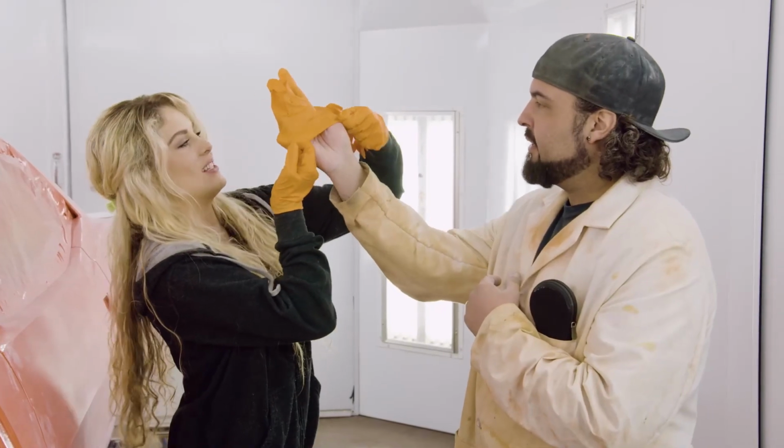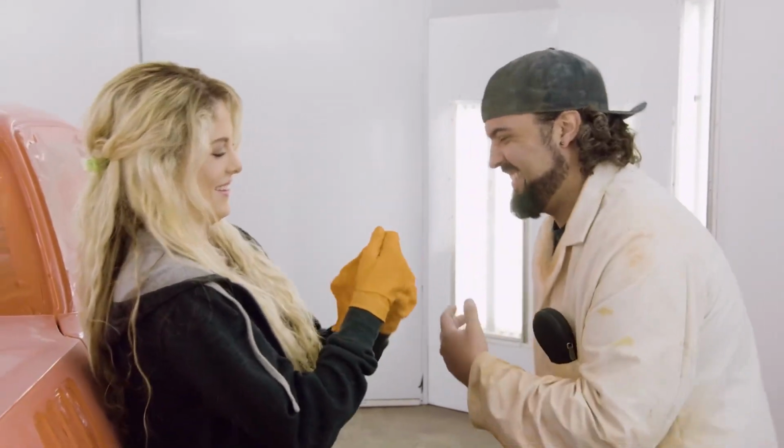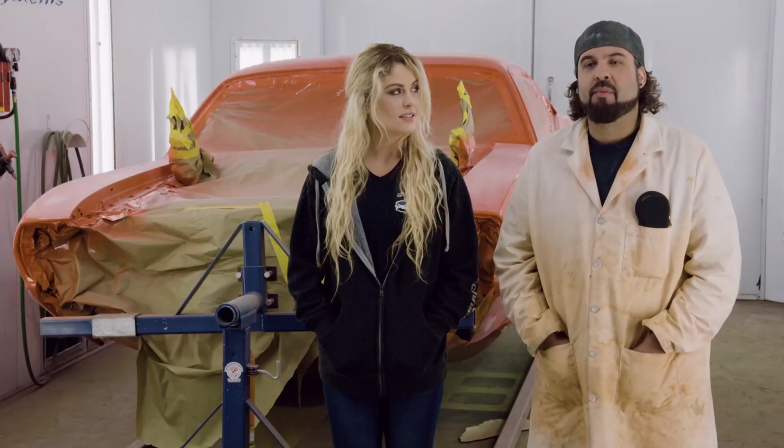You got to pull down. You're the right size? Pretend it's a condom. What? Alyssa's out here helping me. It's kind of a technical thing. She wants to be a part of it, so we're kind of working together to see if we can get